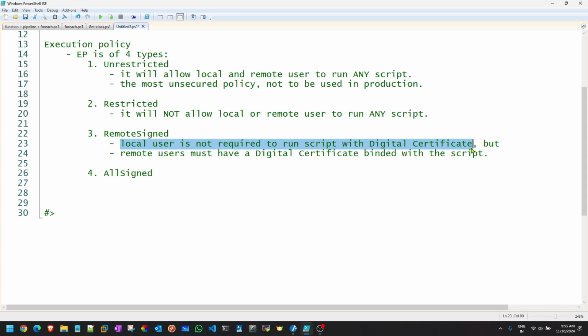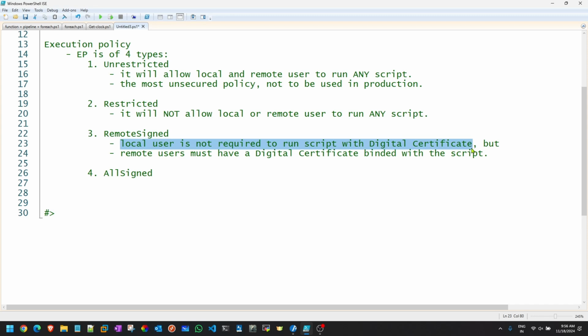Think in this way. You might have seen your grandfather, your forefathers, sign a will that my property belongs to so and so person. Imagine if they forgot to sign the document at the end. Is it a legal document? No way. Their sign is required, right? So that it can be authenticated that yes, this person has written this entire thing. Same thing happens with your PowerShell scripts also.